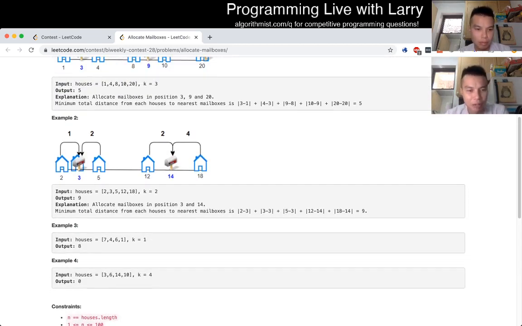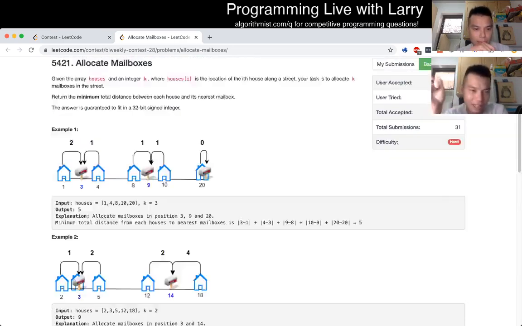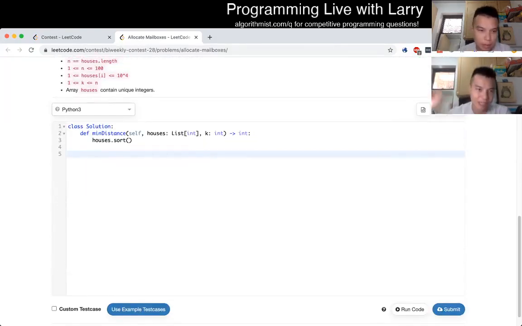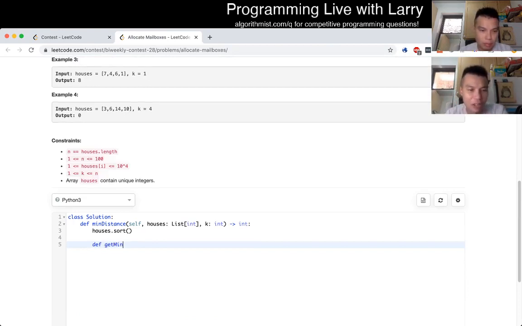But I was just trying to convince myself at this point. Okay. The first thing that I did was sorting the array, so that from left to right it is increasing. That makes sense, I think, in the sense that if it's out of order, it's a lot harder. So the first thing I was trying to think was what I just said, which is that